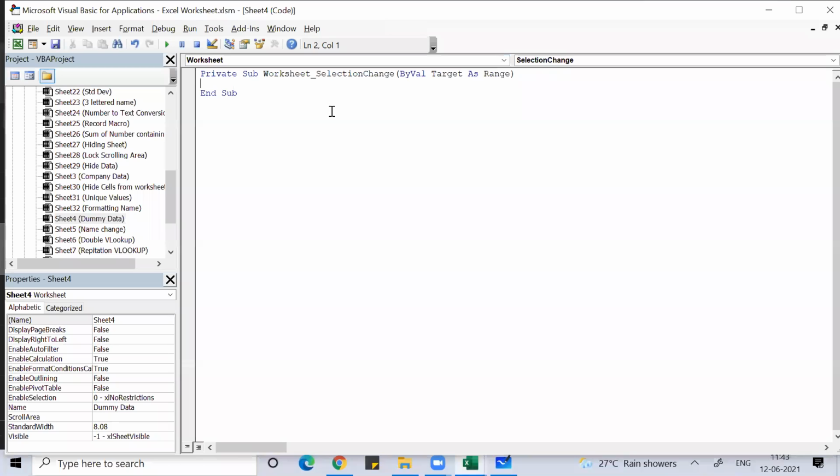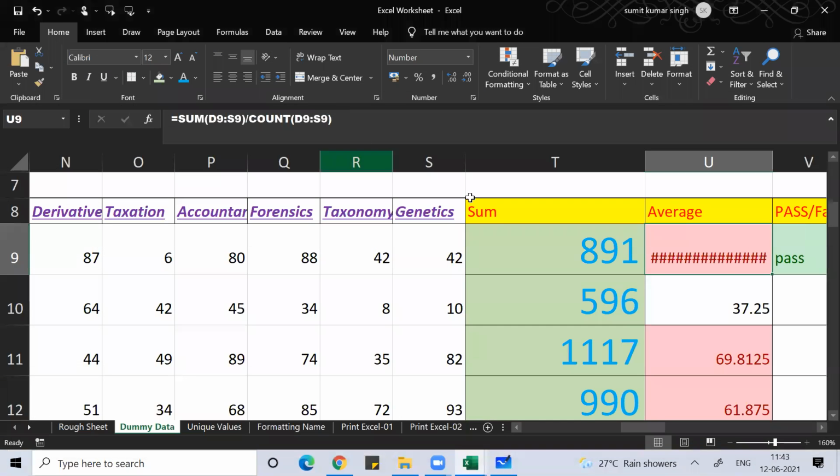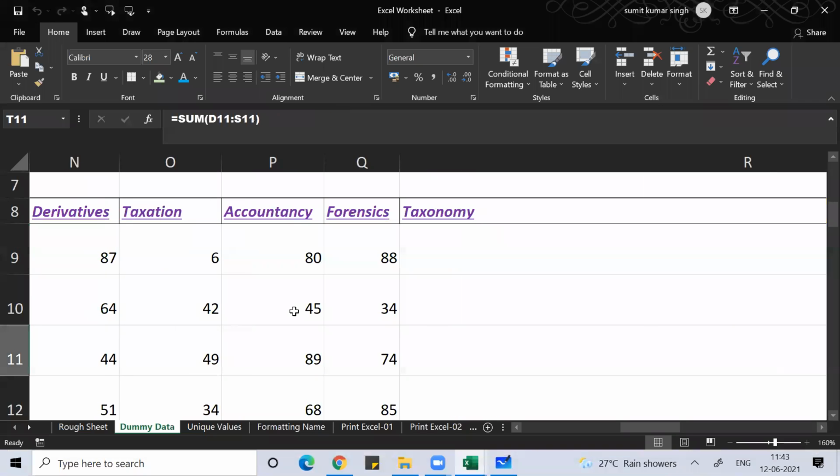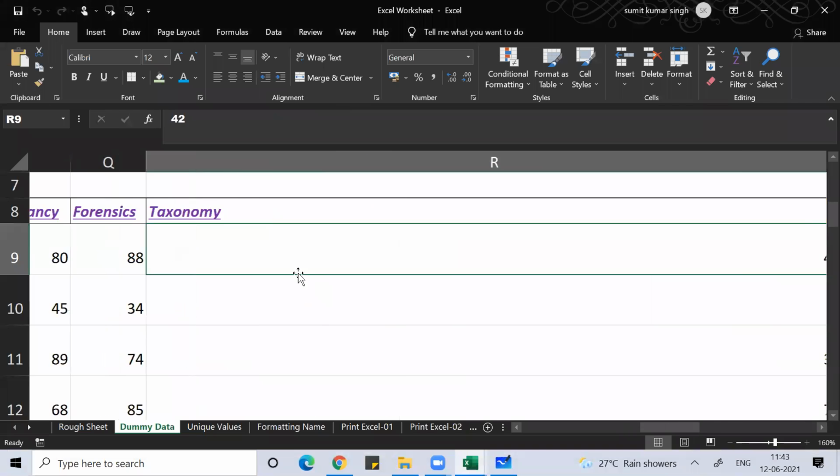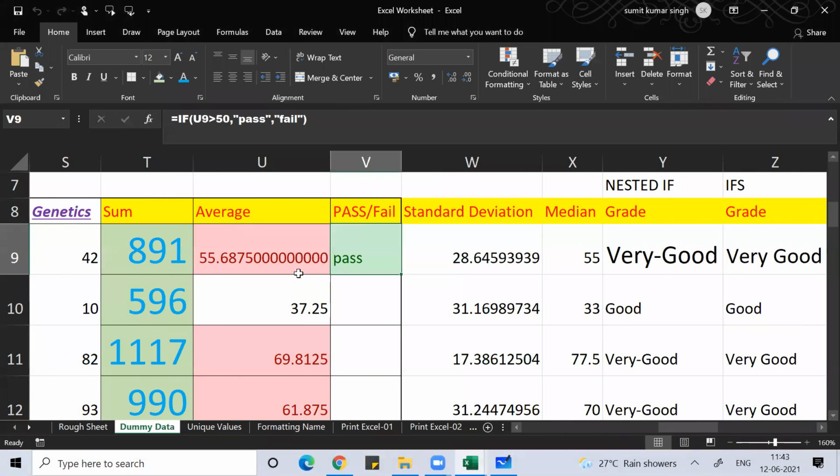Yesterday we did all this, right? Cells dot entire column dot autofit. If you do this, now you can see it automatically gets auto fit.